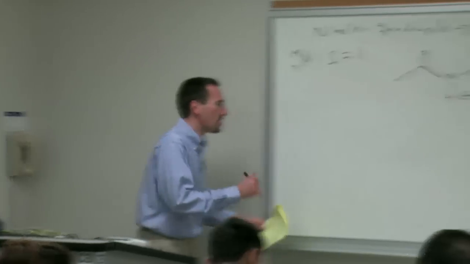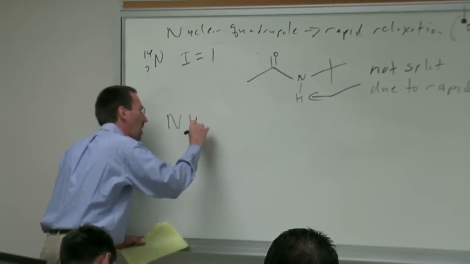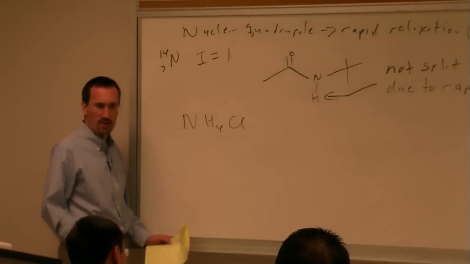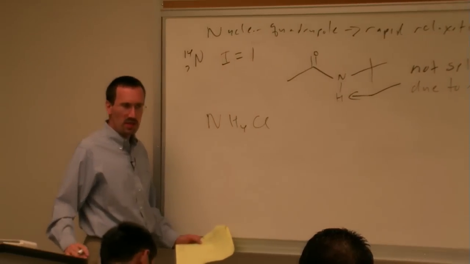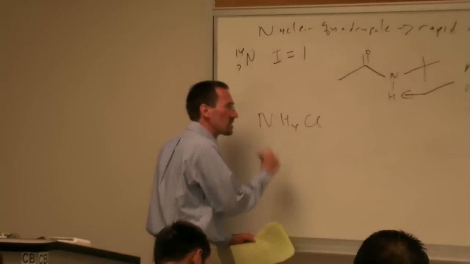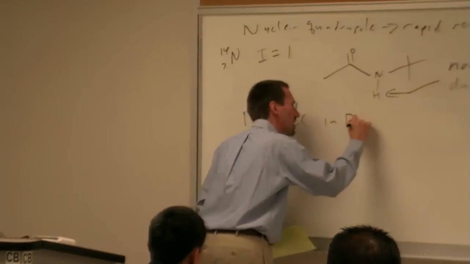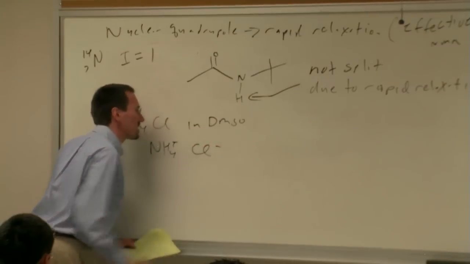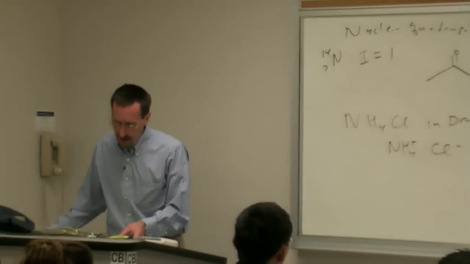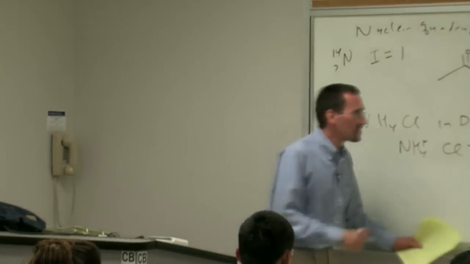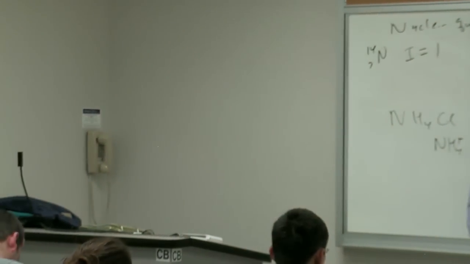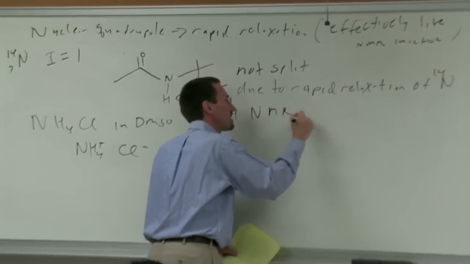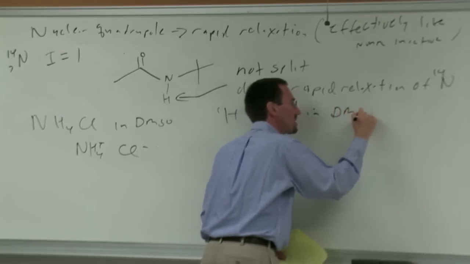A case that you may see, and I saw first by accident, is one of those cases where you simply dissolve a compound in a solution and you get an NMR spectrum. This is ammonium chloride in DMSO, right? Ammonium chloride has NH4+, Cl-, and the ammonium has tetrahedral symmetry. The first time I accidentally had this in a sample and took an NMR spectrum, as I said, in DMSO-d6,